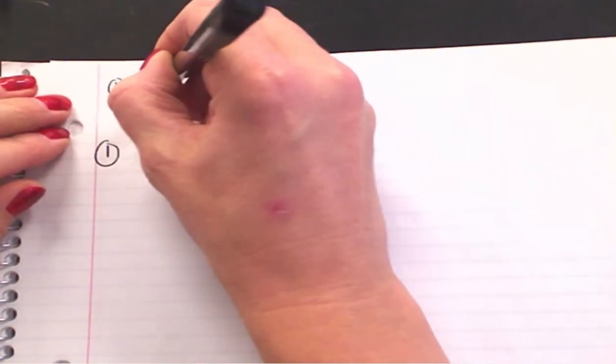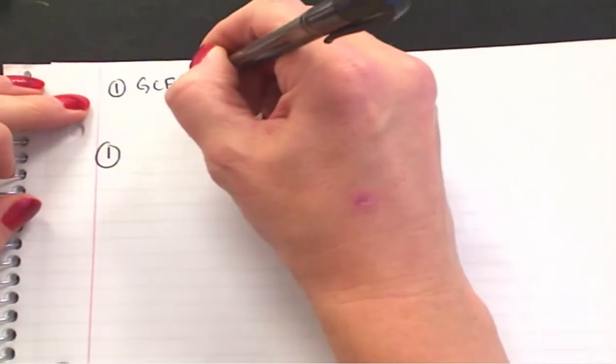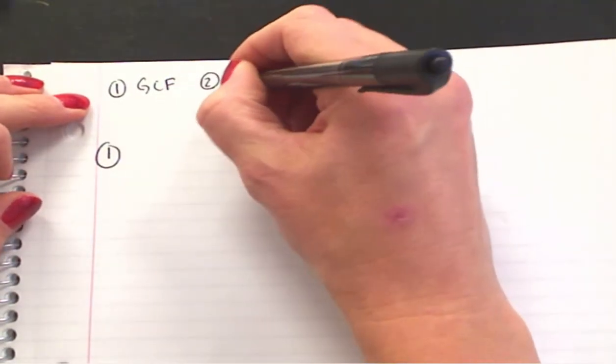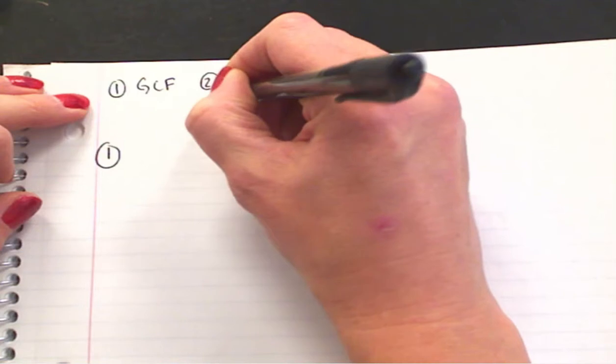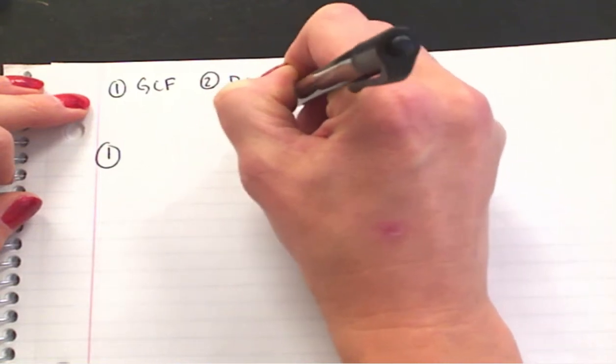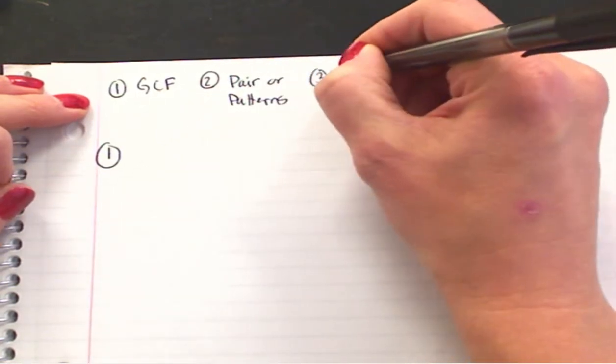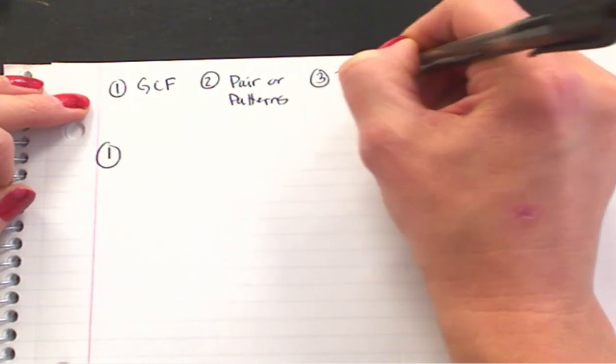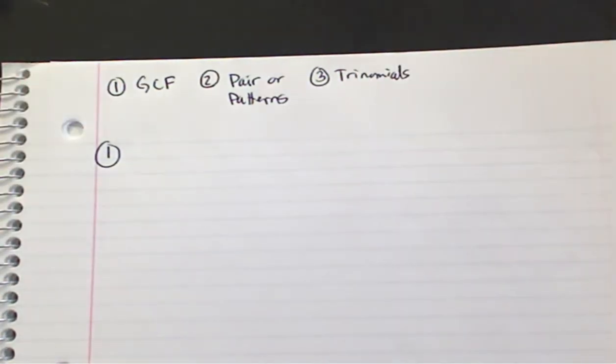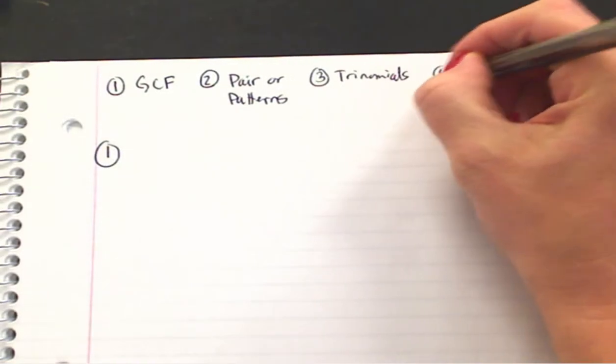Okay, when I factor, first, I look for GCFs. Second, I look for pairs or patterns. Third, I do the trinomials in whichever method you are most comfortable with, aiming to get towards guess and check. That's what we're aiming to get for everybody. The box and the grouping are just steps along the way. Okay? And then possibly